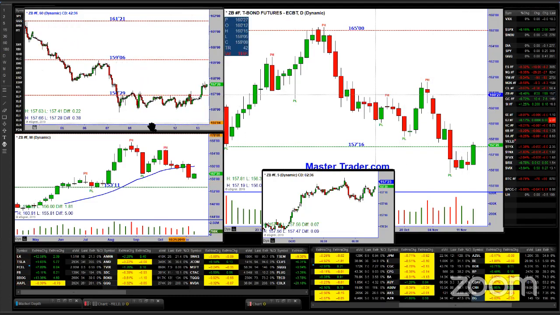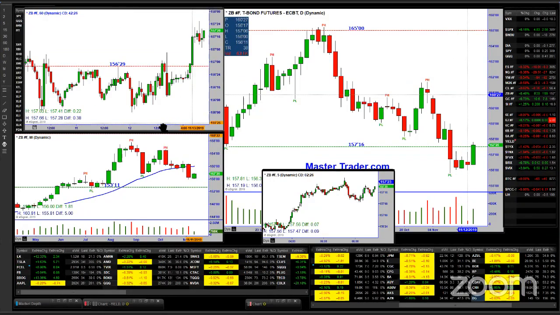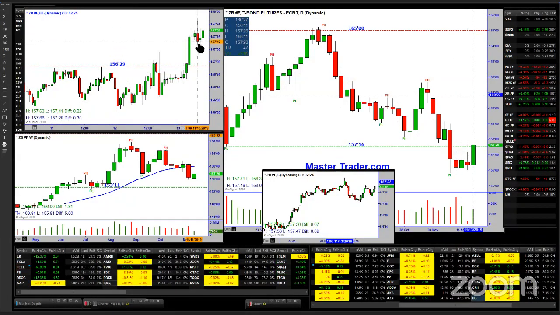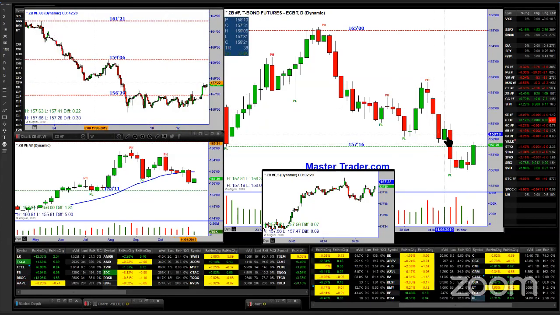Look at the hourly chart, negating that red bar. And if this continues to move up toward this high, which it's already established that it's trying to do, right? You can see the topping tail being ignored there. If it can negate this red bar, I think we're going to see more pressure on equities. Something to keep in mind. If you don't have these futures, TLT moves up with this, TBT goes down. That's interest rates.